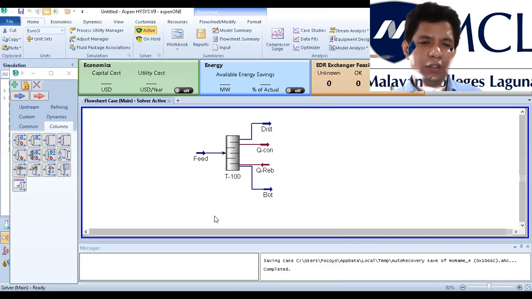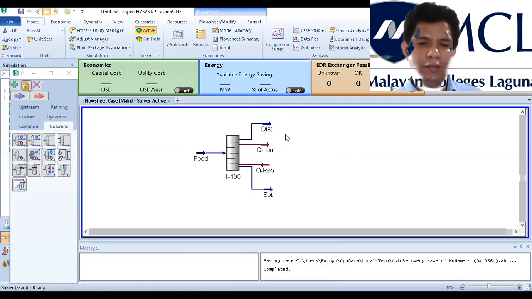So as you can see in shortcut distillation, it has no condenser and no reboiler. It's just a column and then you have the streams. So later you will see and observe that the rigorous distillation drawing is nicer. It has a condenser and also a reboiler. And the simulation is much more accurate. Okay. So let's proceed. Let's do the rigorous distillation